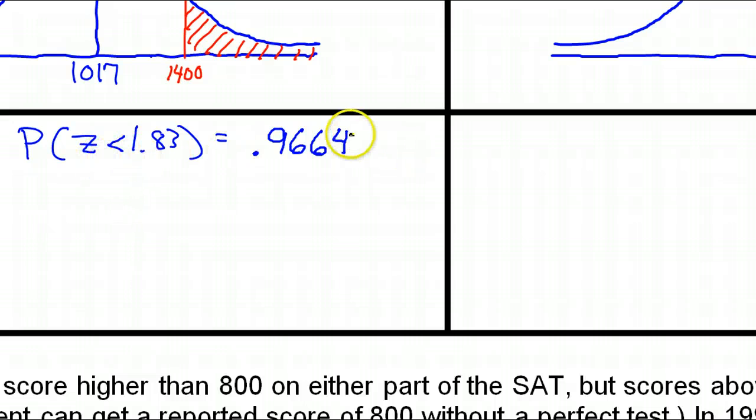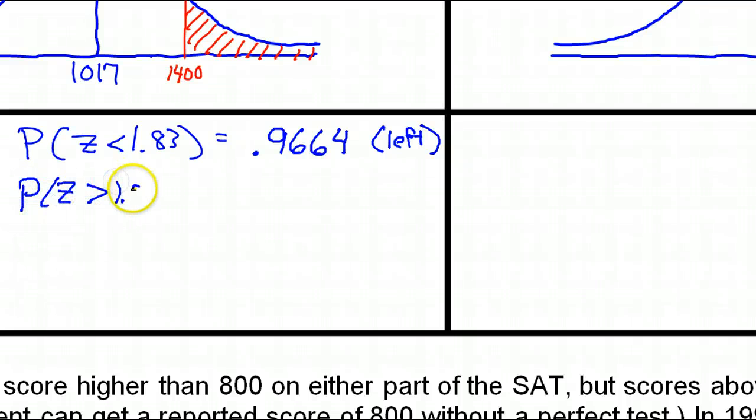Now this is to the left. All right, this is the proportion of z values that are below 1.83. If I want the proportion of z values that are above 1.83,